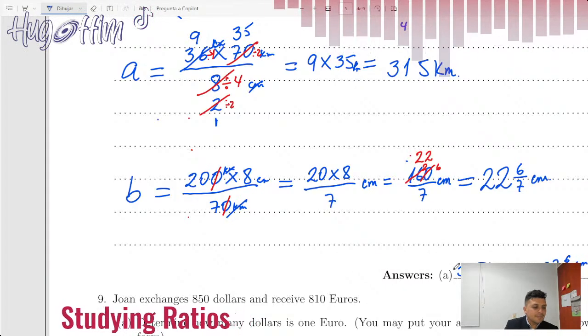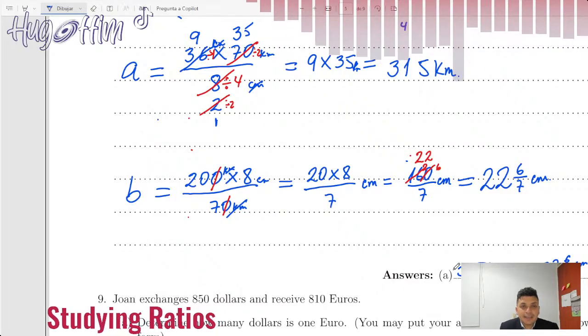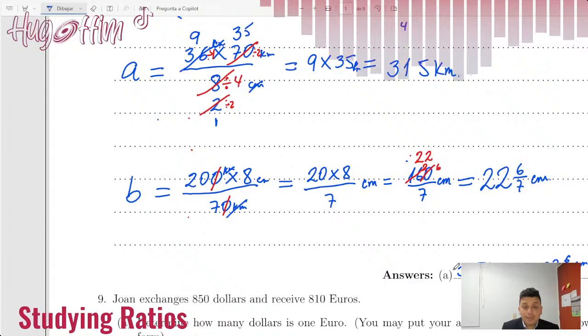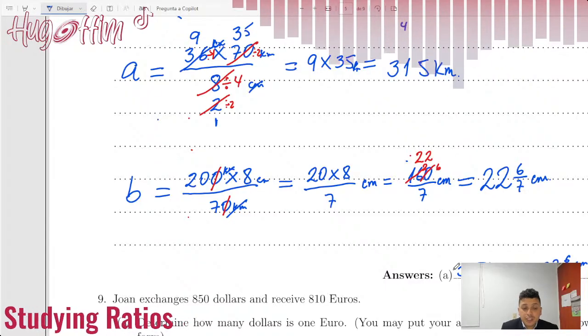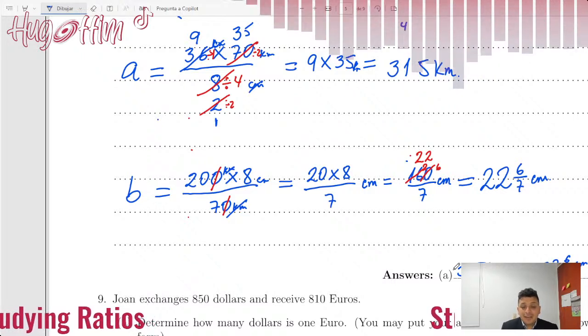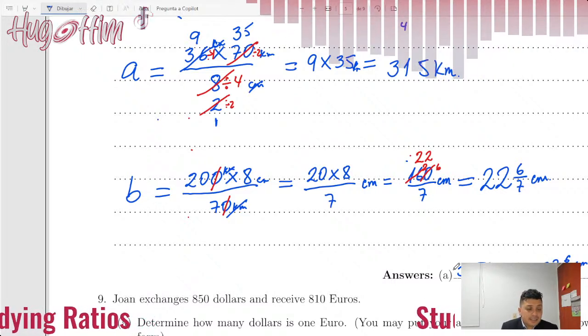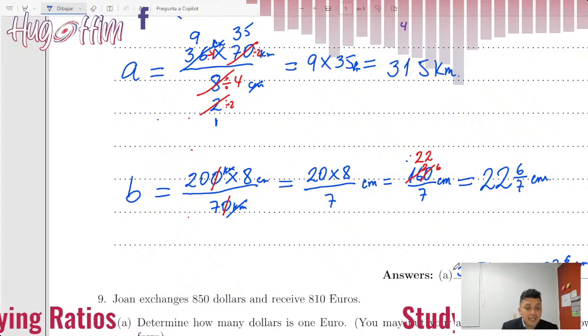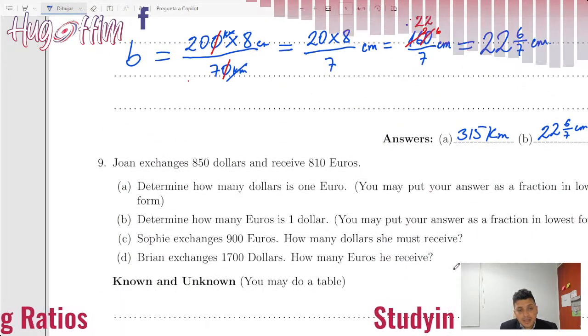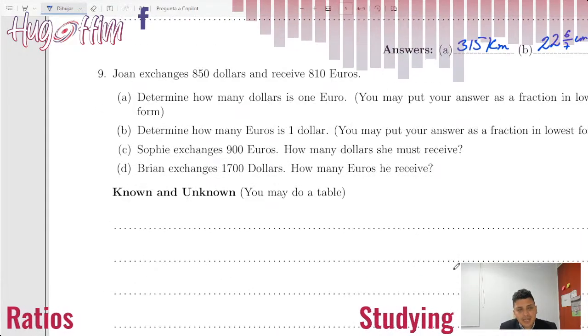Okay, everybody, and this is how you can find the solution when you have problems in which you can use ratios and direct variation. There is another way to find it, that is by using the unit rate. So you can use the unit rate to solve these problems, and this is exactly what I'm going to do here,